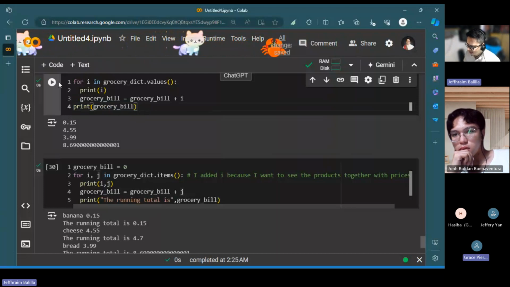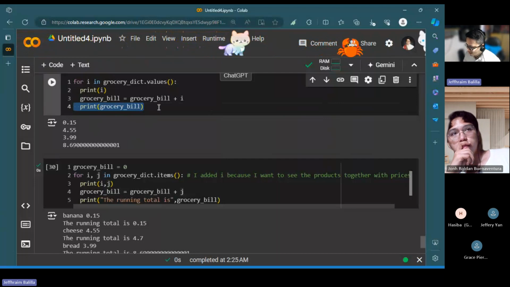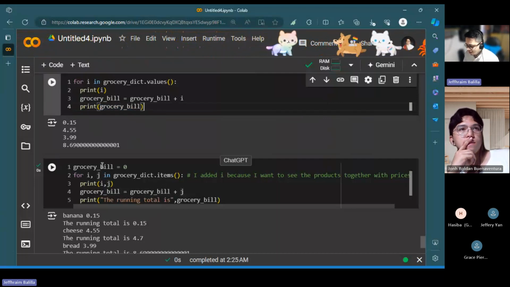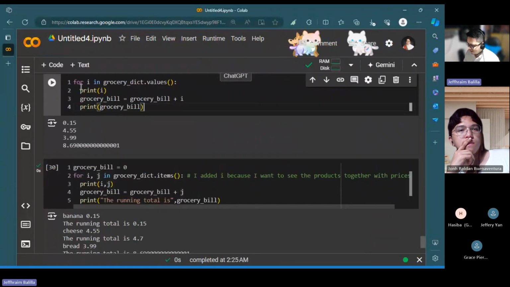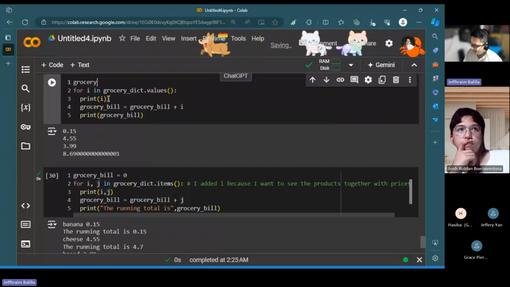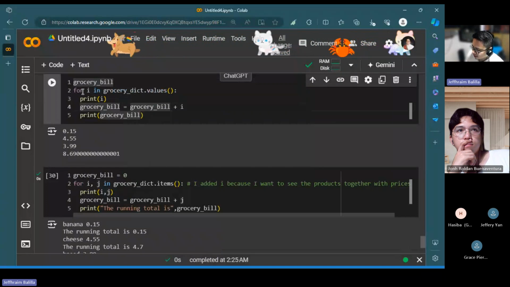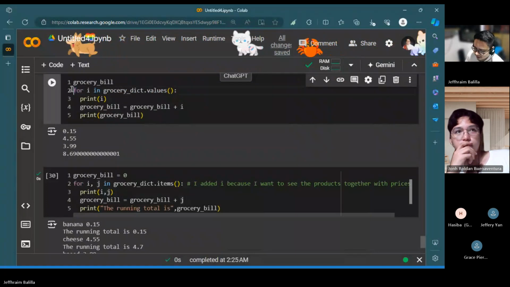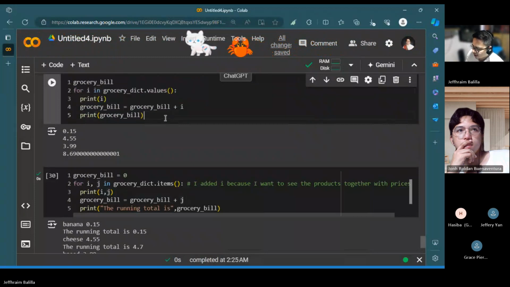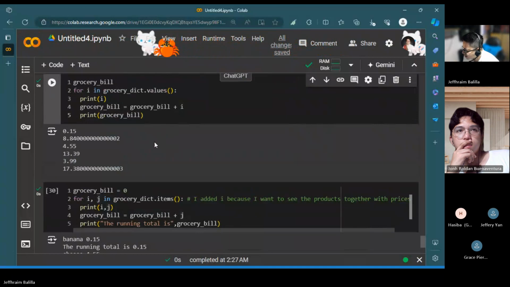So notice, Grace, if I run this with the print inside the for loop, it would actually give me also a running total. When you say inside, all you did was indentation, right? Yes, exactly. You just indent it and it should be inside the for. There should be an indentation.